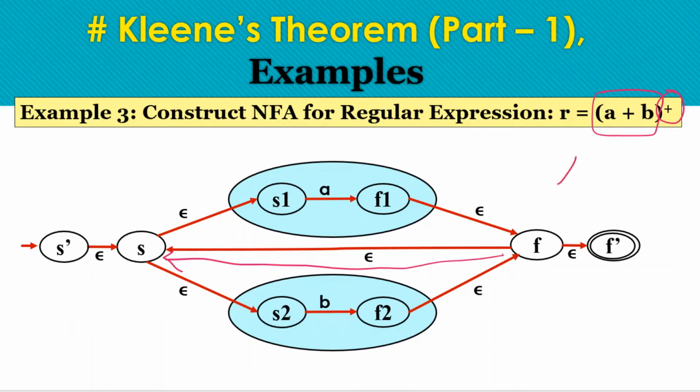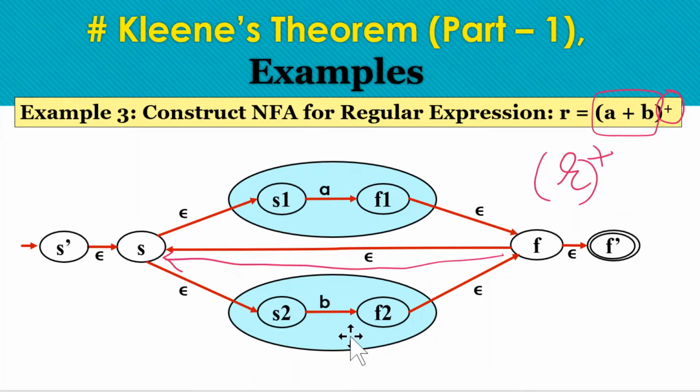So this expression need to be repeated, but one occurrence is required. So this machine is same as the previous machine. We just remove the null transition, because we cannot move from start state to the final state without reading any input symbol. So one occurrence or one input symbol is must.